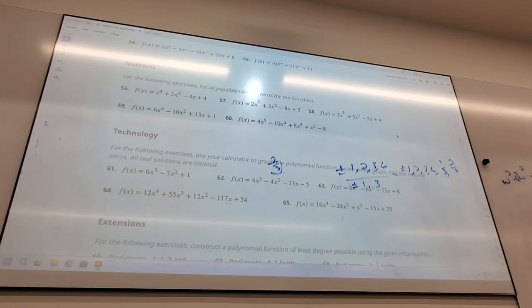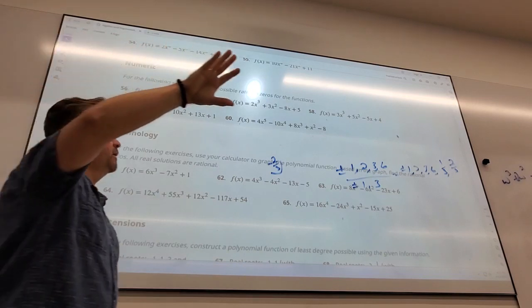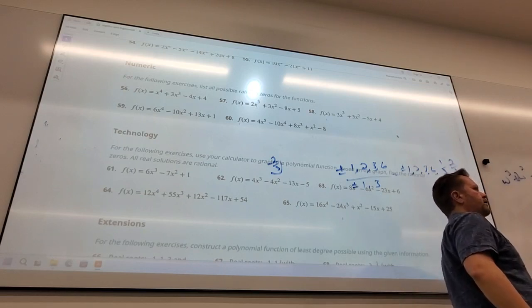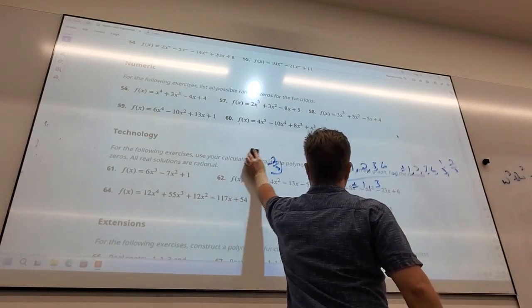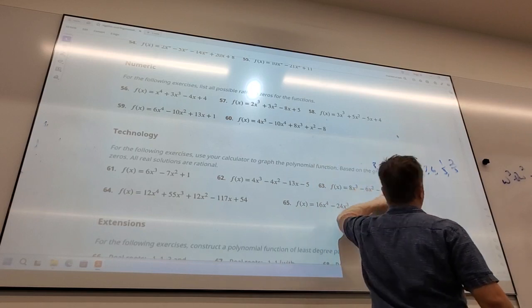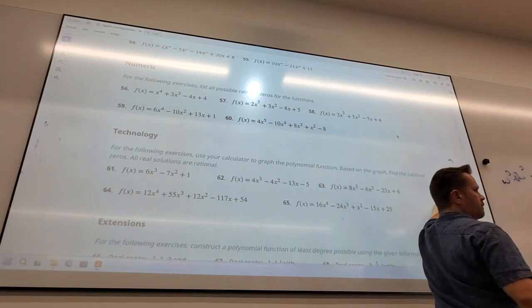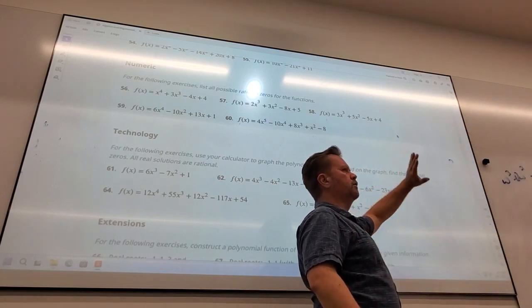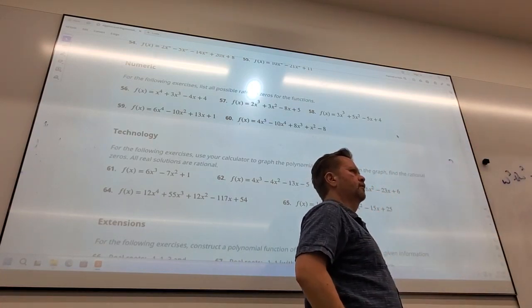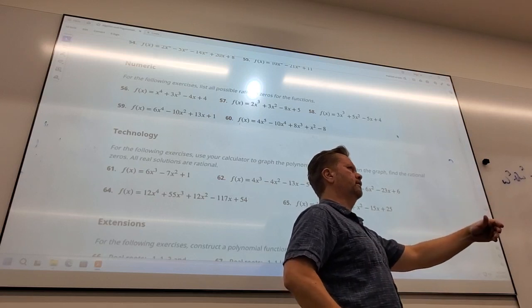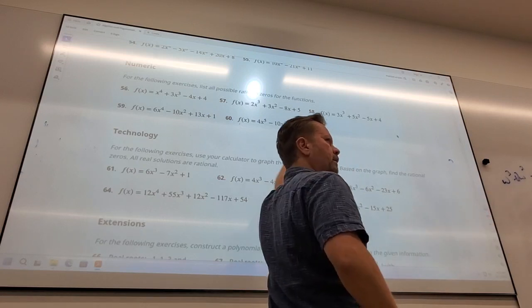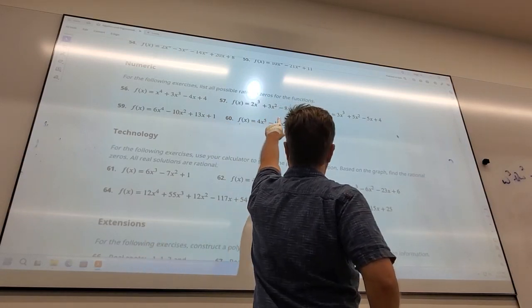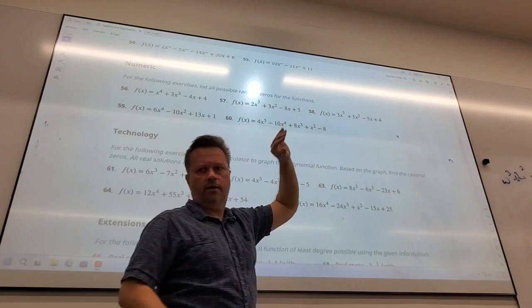Oh, so this one just says, I really want you guys to understand, this one just says list all the possible rational zeros, right? It doesn't want you to actually divide it. You see that? It just wants the list. Once you set up the list like we just did here, once you set that up, you're done. So I don't know if you tried to divide it, or did you have trouble making the list? Yes. Which one was it again? I'm sorry, 57? Yeah. Okay,